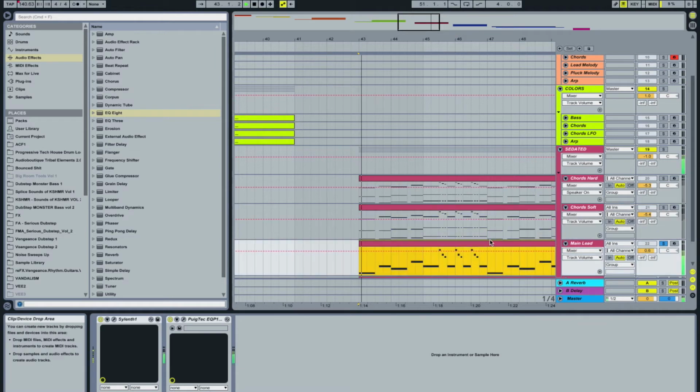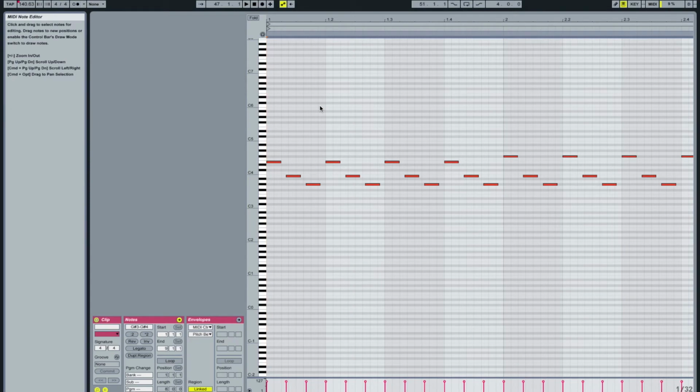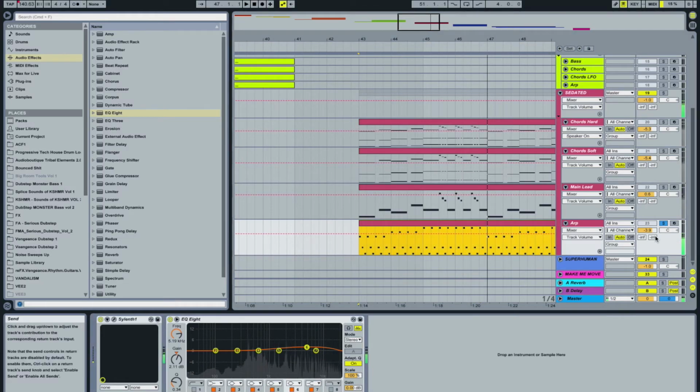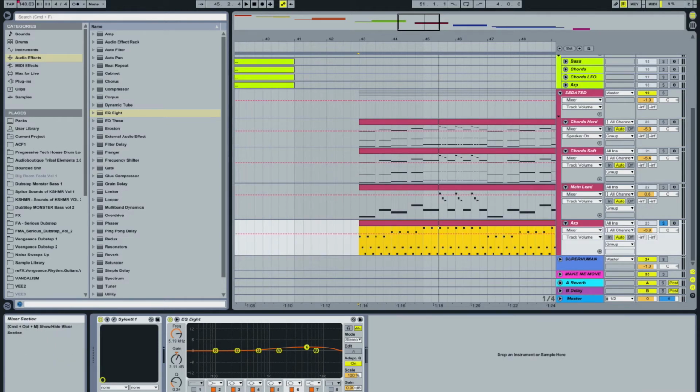And we've got the main lead. A very squarish lead with a lot of LFO on the pitch. And then we've got the arpeggio, which I believe is all in triplets. Let's have a look. Yep. It's another square lead. Let's have a look at that, with ever so slightly on the pitch LFO. Altogether, that sounds like